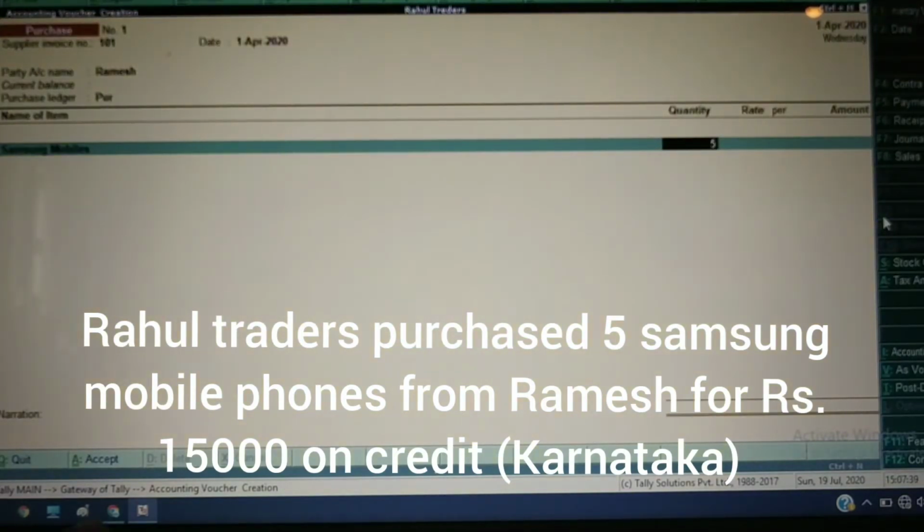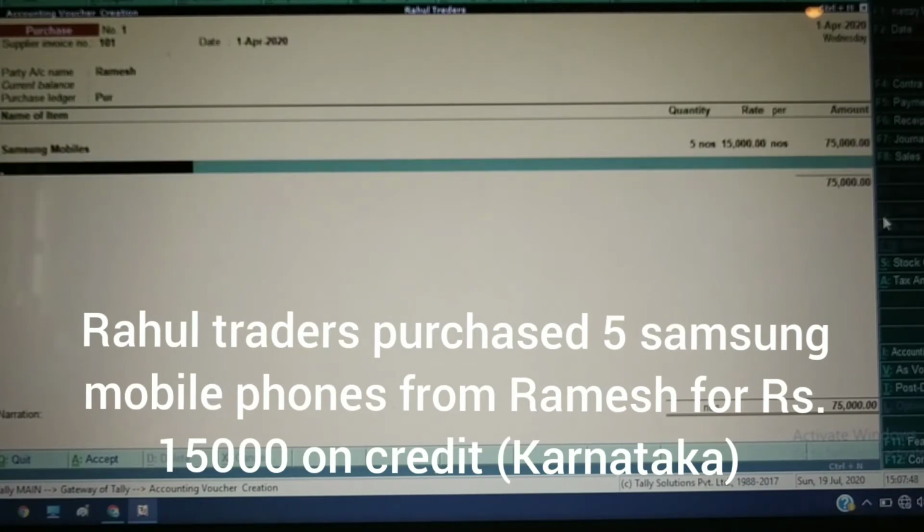How many mobile phones is he purchasing? 5. Take enter. The price per mobile phone will be 15,000. Take enter. Okay, now one more transaction he is doing from another party,